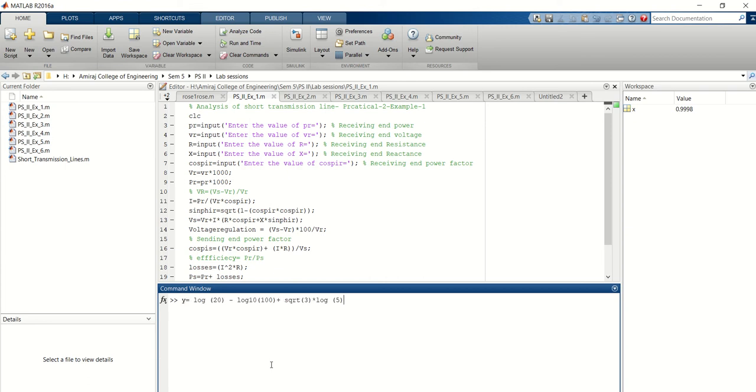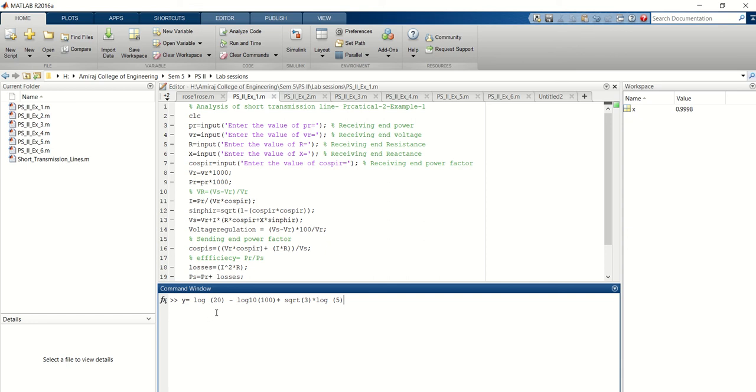CLC, here you go, and then we will write the command. I have already copied the command so that we can save as much time as we can, because the session is going to be long enough. So I'm not going to write every command over here, just to make it easier. So this is the command. Log is represented by log itself, so you can see it. We have used the square root command earlier as well, so you know we can represent the square root as sqrt. And y log 20 minus log 100,